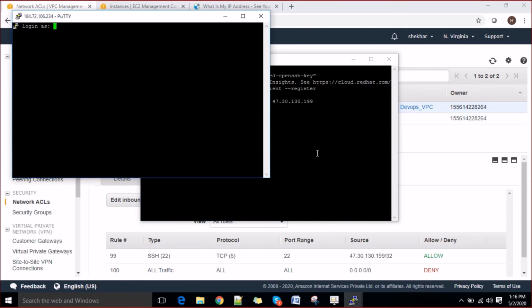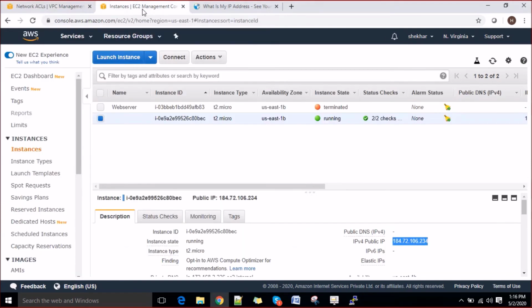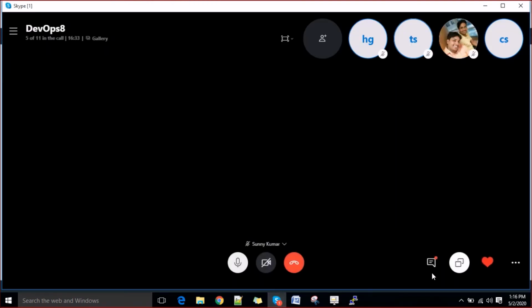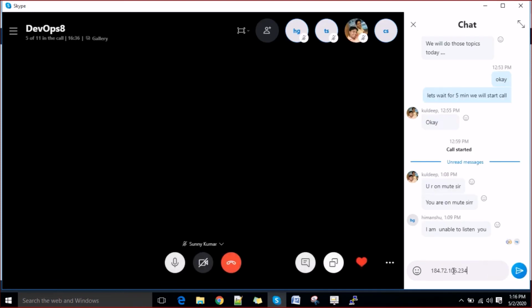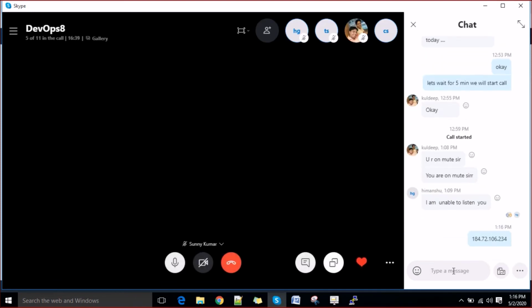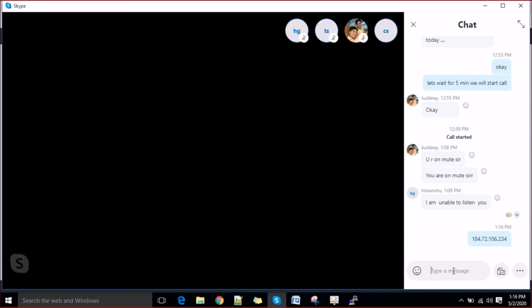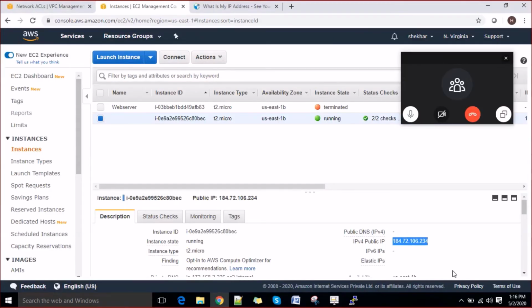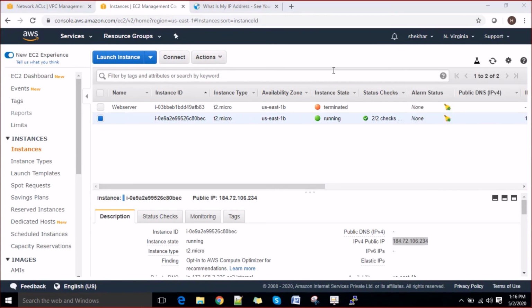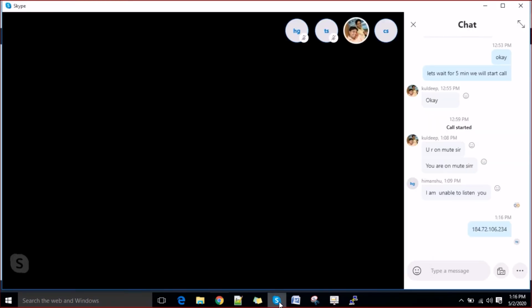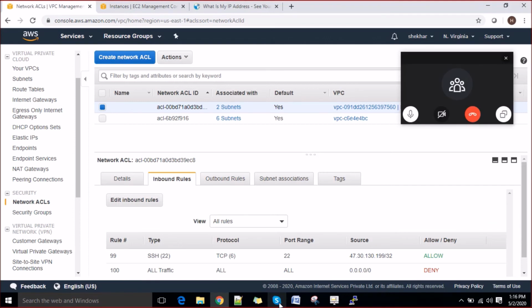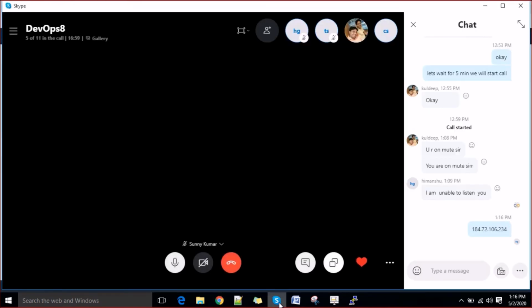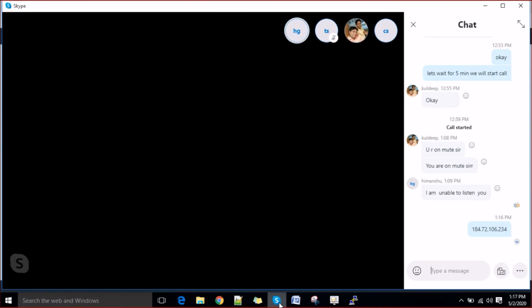let's open one duplicate instance. I am able to do it, right? Now, any of you guys who try to access it will not be able to. Just have a look. Just tell me if you are. You will not be. Anybody tried? Yes, no? It's not working. It will not be, right?